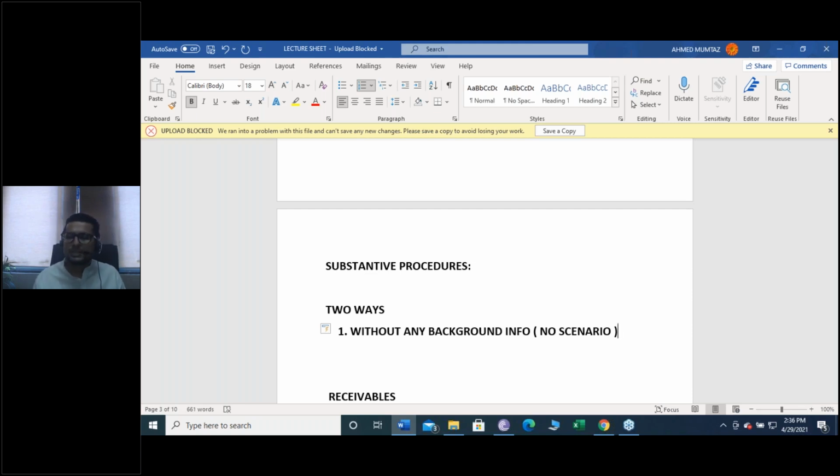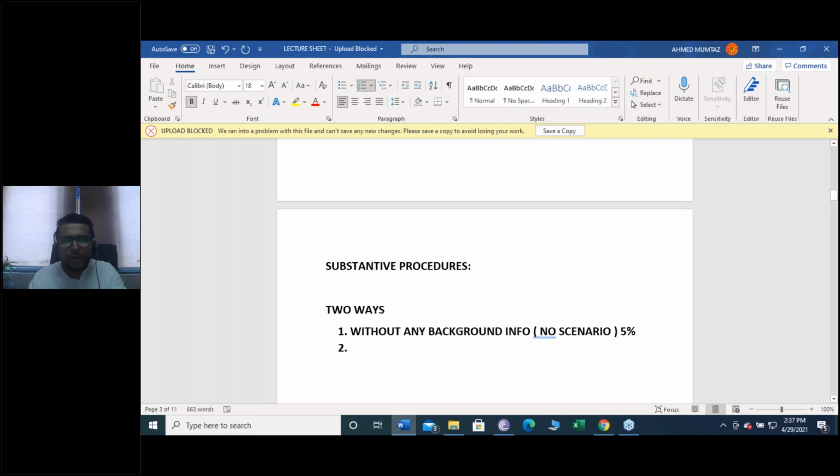This is a knowledge based kind of a thing. So the examiner will say, describe the substantive procedures you would perform in order to verify the revenue of the company. Describe the substantive procedures you need to perform in order to verify the non-current assets of the company. There won't be any background information. There won't be any story. So you need to apply the procedures simply from your bookish knowledge. But this will be of 5 marks in the exam. Not more than that. 5 marks.